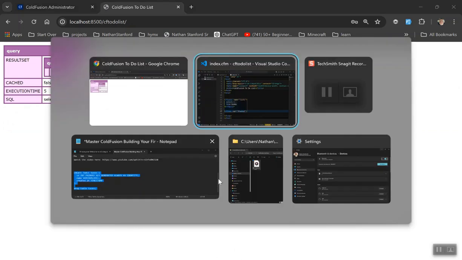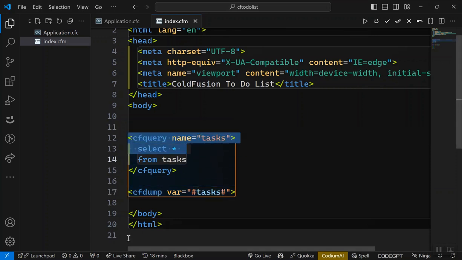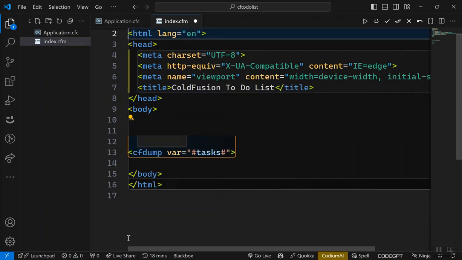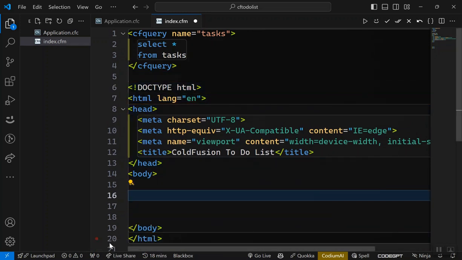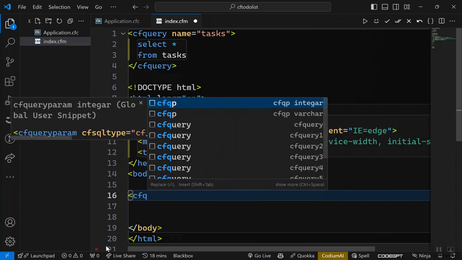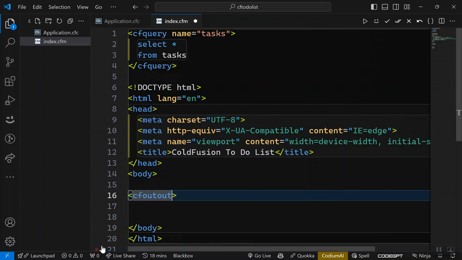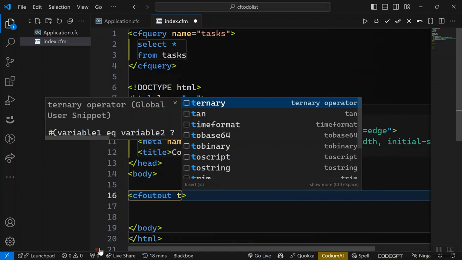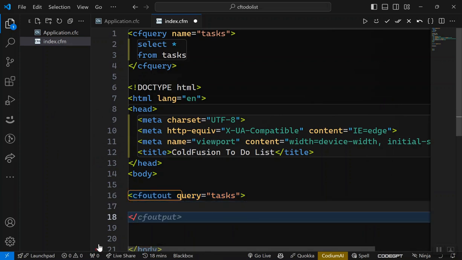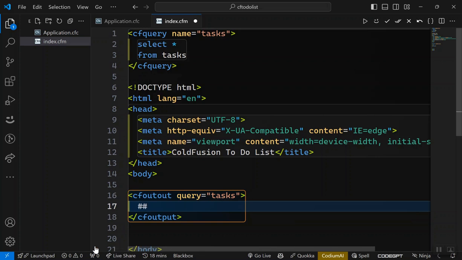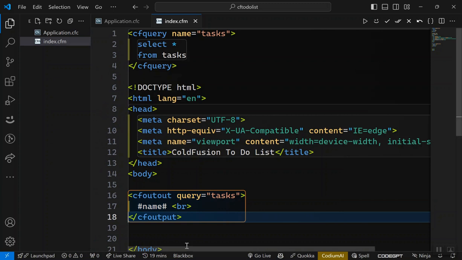So we're going to go back to our ColdFusion editor. We want this to be getting us the list of tasks. So what we want to do is something quite simple. Let's simply say CF output. This is how you can output data coming from a query or other variables. So we want to say query tasks, and then into the CF output, all we want to do is put the name. And so that the names don't just stack next to each other, we want to put a line break so we can see all the names. So let's do that. Let's go back to the browser, hit refresh,